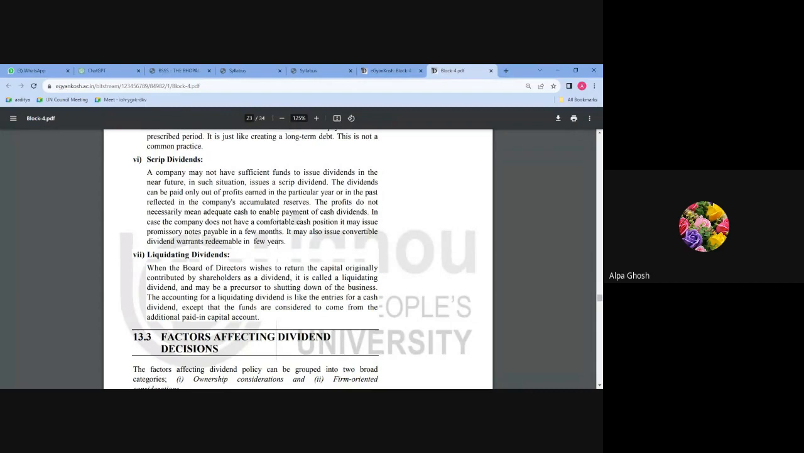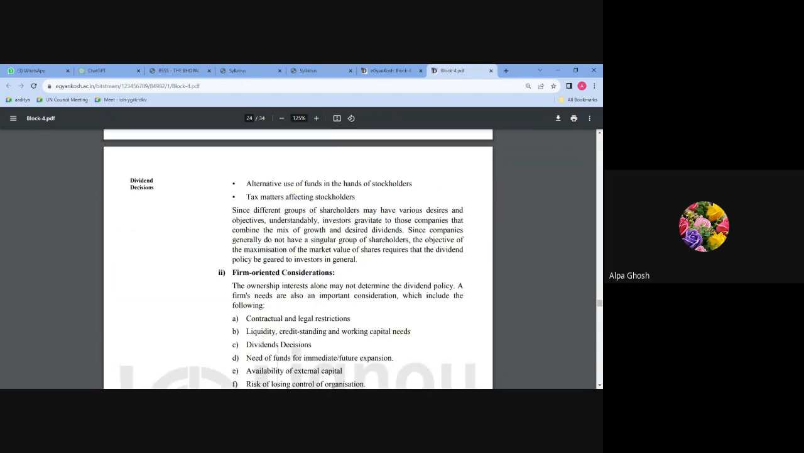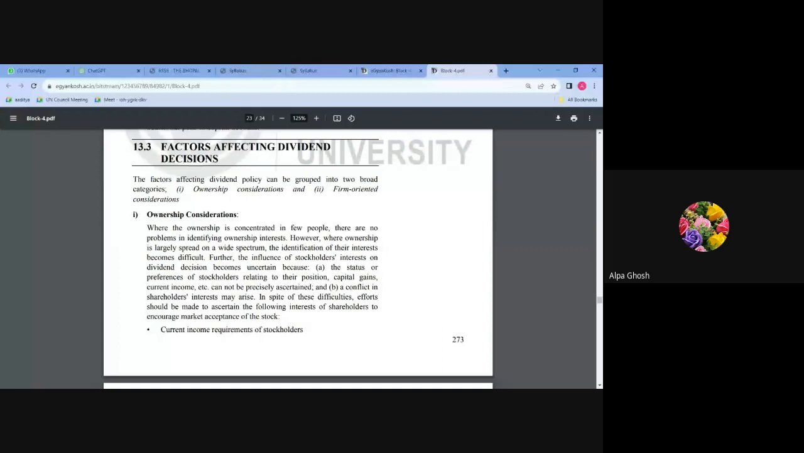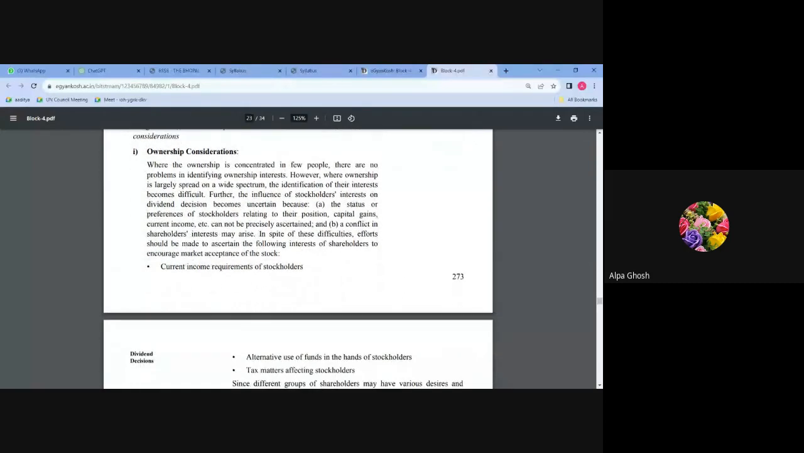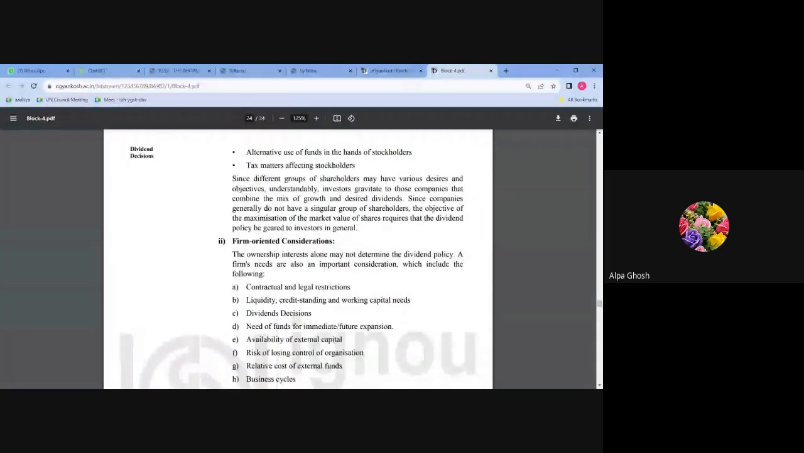So, liquidating dividend is like the entries for a cash dividend, except that the funds are considered to come from the additional paid up capital amount. Now, if we go with the factors that affect the dividend decision, it is ownership consideration, whether the owners of the company want to declare dividend,